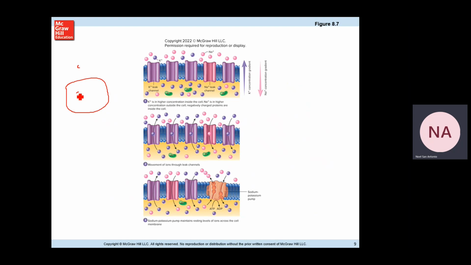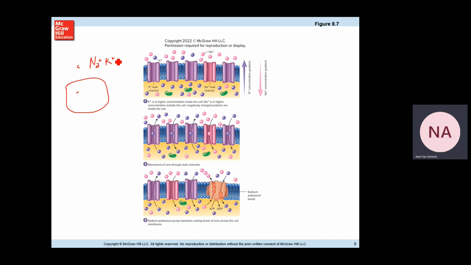And that is true in the case of ions, like for example sodium and potassium. The cell can selectively allow these ions to diffuse across the cell membrane. So, as you can see,